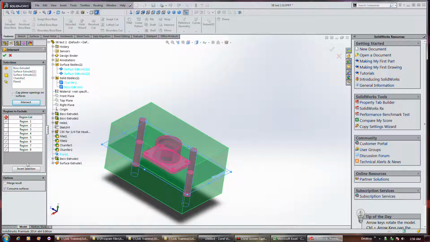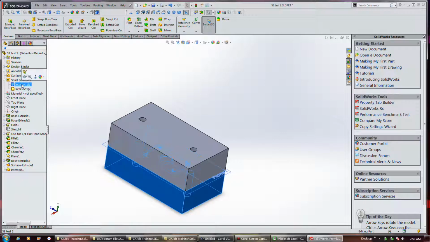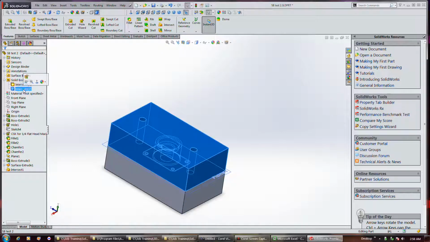Nor do we want that being torn apart. So, okay. So basically, in solid bodies, we got that one and that one,